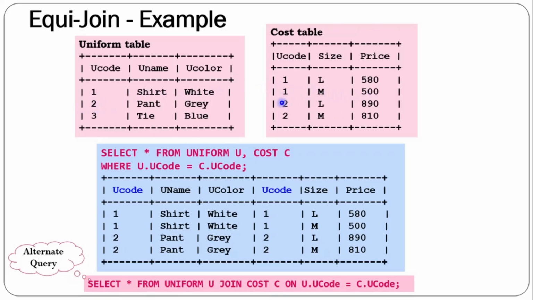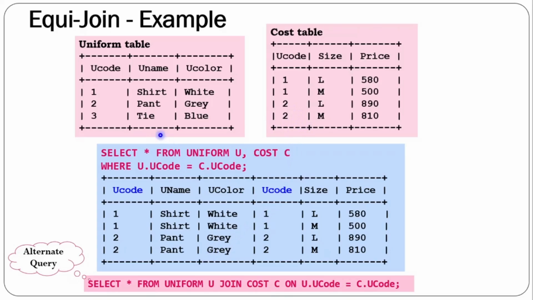2 will be matched with 2 rows here. 2 pan grey, 2 large 890. After that, 2 pan grey, 2 M 810. There is no matching row for this record 3 in this table. In the cost table, there are no rows with the value 3, so that row will not be shown in